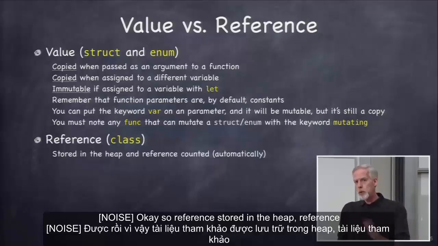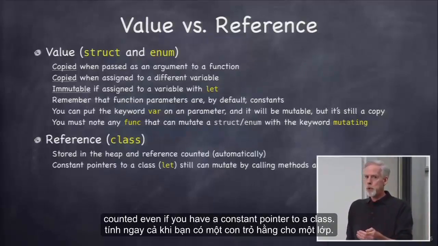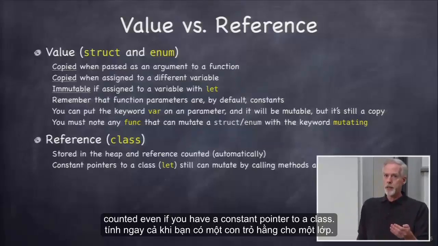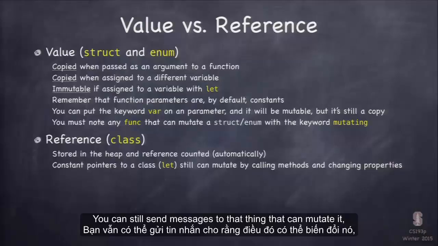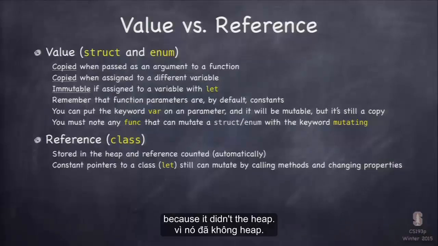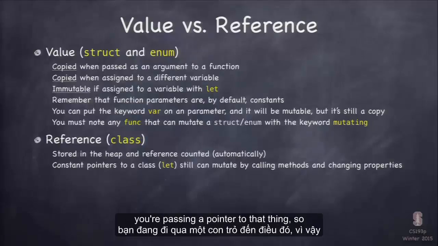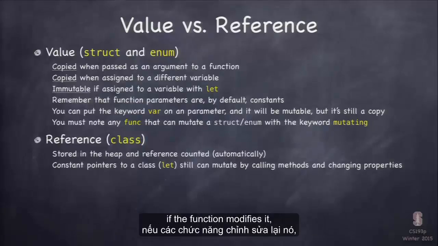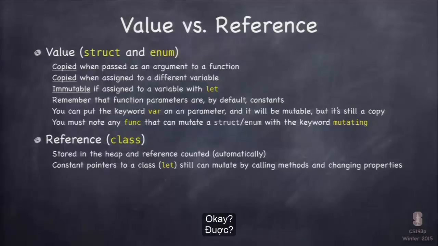So reference, stored in the heap, reference counted. Even if you have a constant pointer to a class, let something equals the class, you can still send messages to that thing that can mutate it because it's in the heap. All right, so you have a pointer to it. So, and when you pass it to a function, you're passing a pointer to that thing. So if the function modifies it, it's modifying the thing back where it was called. Okay, so